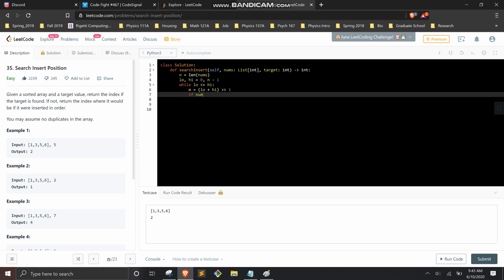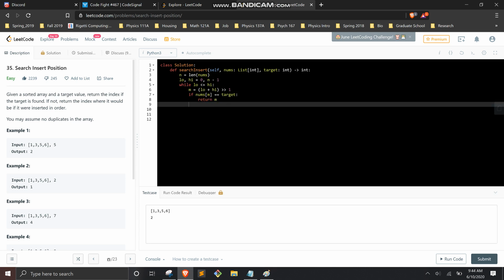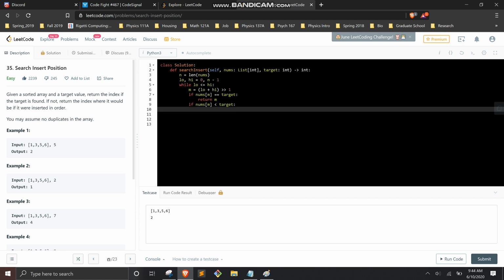If nums m is equal to target, return m. If nums m is less than target, well, it doesn't matter if it's equal, right? Yeah. Then you want to do,